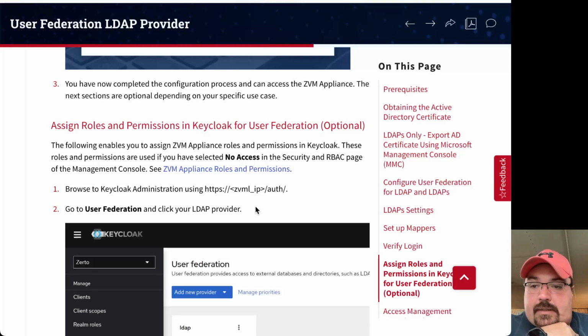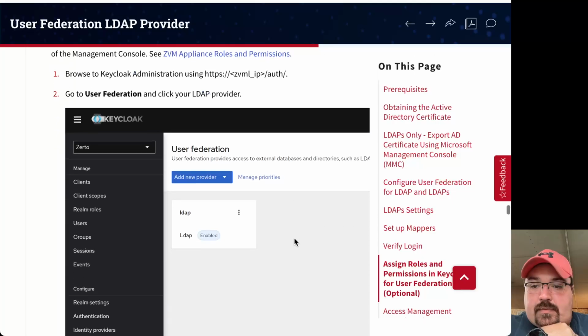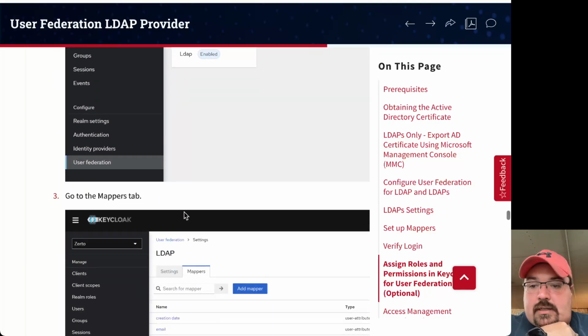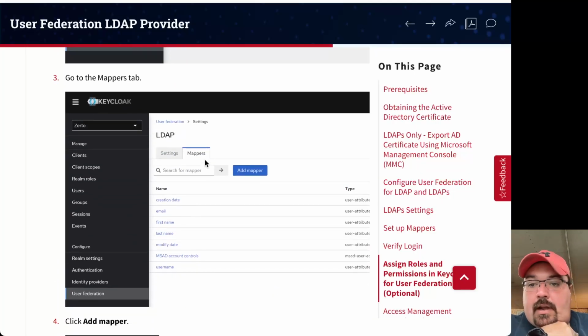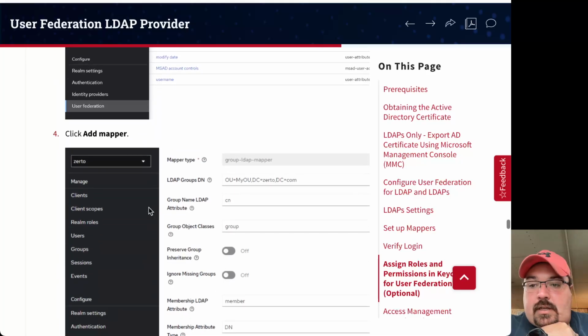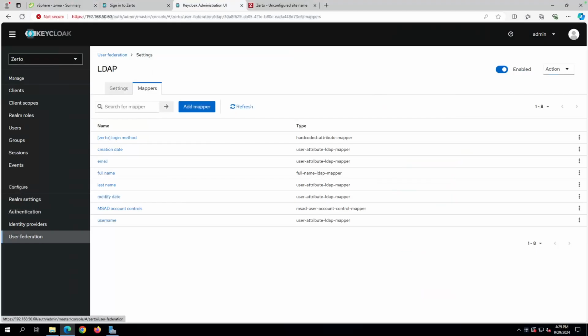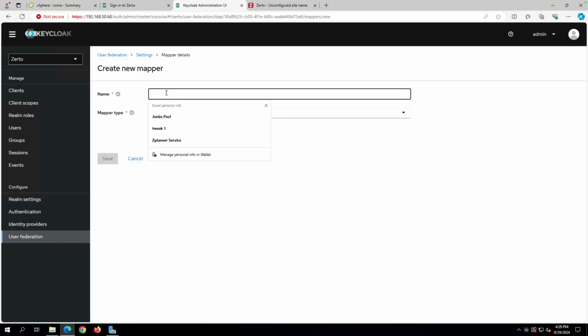So we're down here. We've clicked on our LDAP provider. Ours says LDAPS, and we go into mappers, and then we're going to add a mapper. This one is not predefined. So if I come back to RDP, as the guide says, we want to create an LDAP group mapper. So I'm going to hit add mapper, and I'm going to say